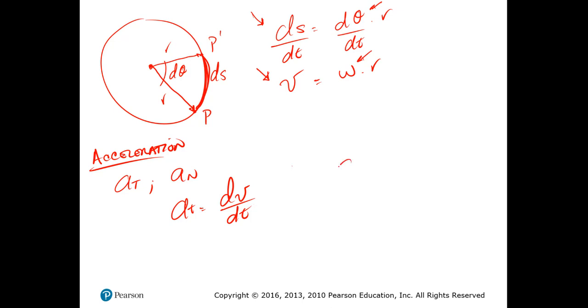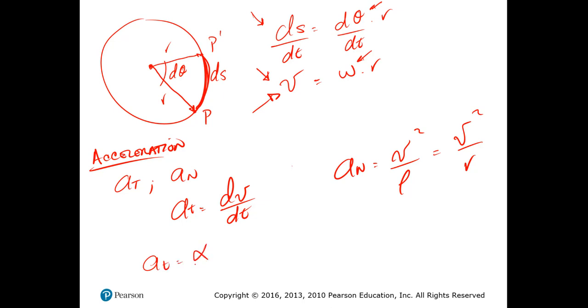And then we know that the normal component is equal to velocity squared divided by rho. And rho is the radius, measured from the center to the location of P. All right, if we know that, all we have to do to get the first one is derive dv with respect to time. So if we derive this equation with respect to time, we will get that the tangential component is